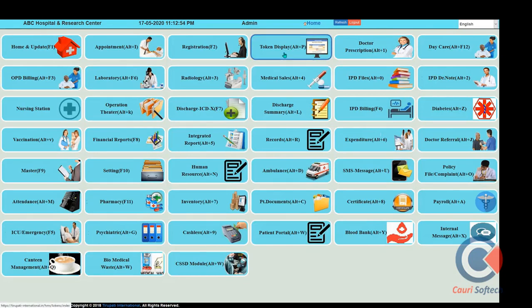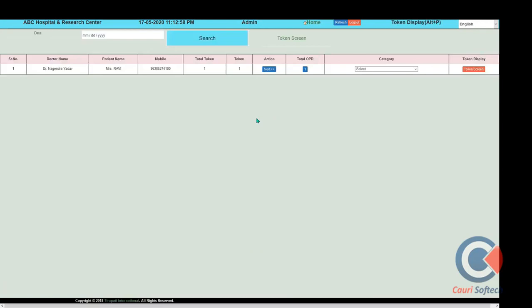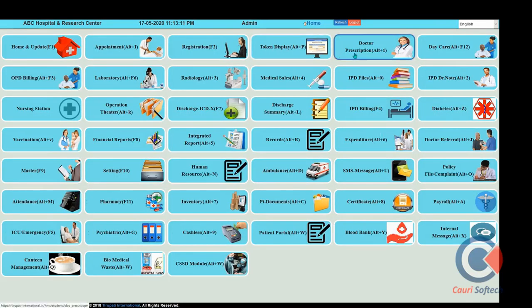After performing a reception activity, the patient will go to the waiting area of the hospital section, where the previously defined patients list will come. This screen is automatically maintained through the system according to the doctor writing a prescription to the different patients. So this is the doctor prescription screen.